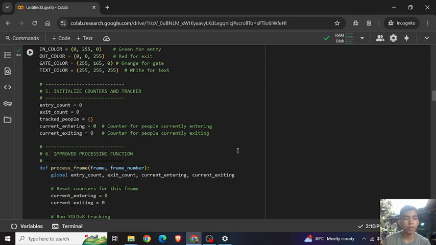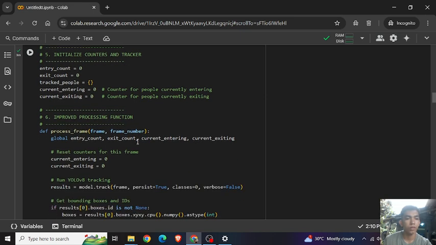Track people is a dictionary to store info, position, and direction for each tracked person by their ID. So current entering and current exiting are temporary counters used within each frame to show current entering and exiting activity.